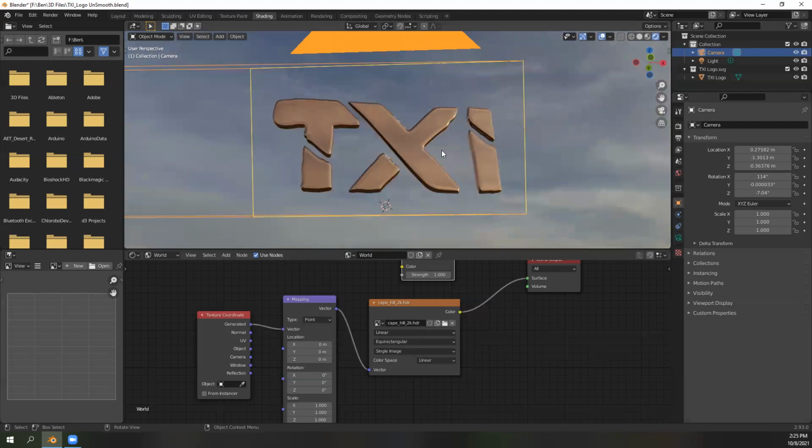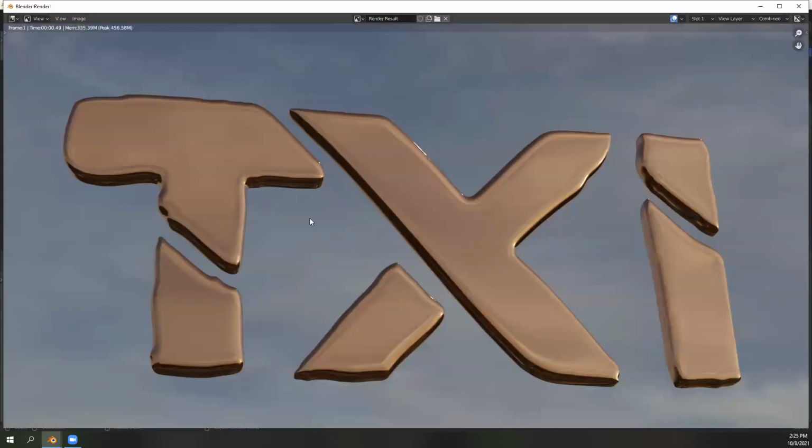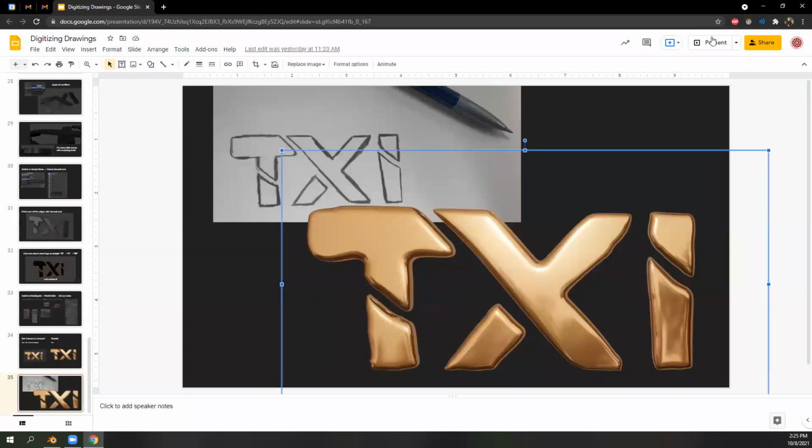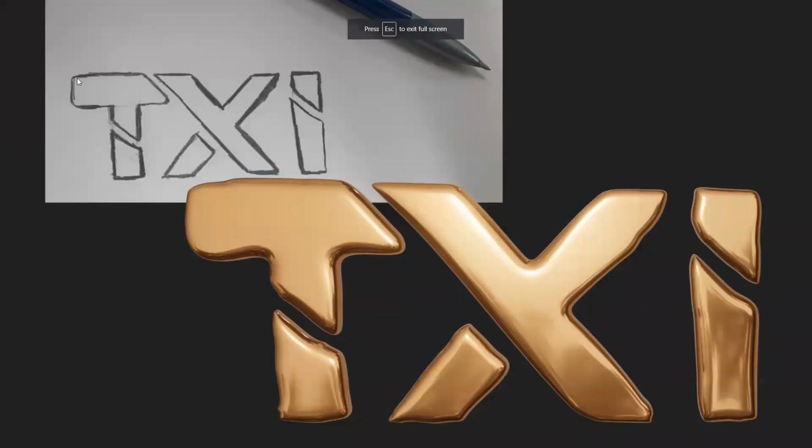So if I want to render this now, very nice, very cool. Little chrome Texas Immersive logo. And that is essentially how I got from a pencil drawing on the left to a chrome TXI on the right. And you can use that SVG for many different things. You can use it in your graphic design. But yeah, I'm going to